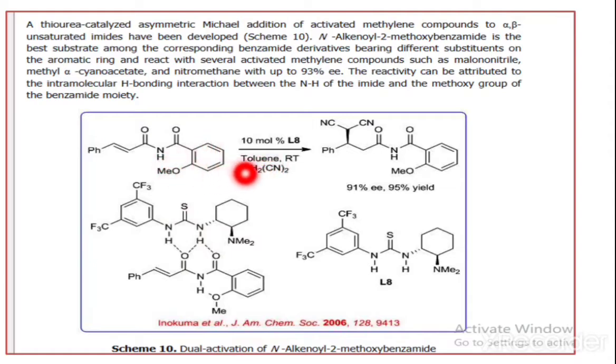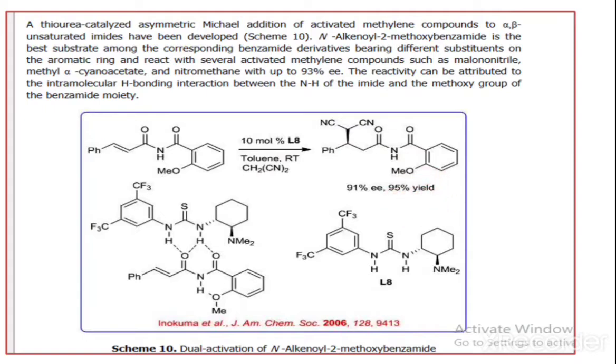This thiourea catalyzes the asymmetric Michael addition reaction of this activated methylene group. Why is this the activated methylene group? Because this methylene group is adjacent to the two cyano groups. Therefore, this is a highly activated group. Now the addition of this activated methylene group towards this unsaturated imide group. Here the simple addition will take place, and here we get 95% yield of this